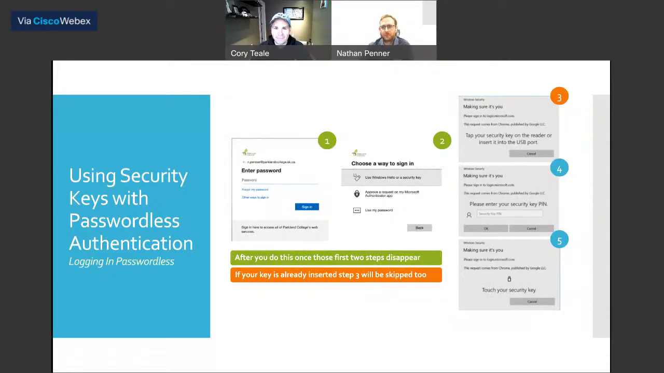I think so, yeah. Okay. This is just a graphical representation. This just shows you a typical process of setting up your